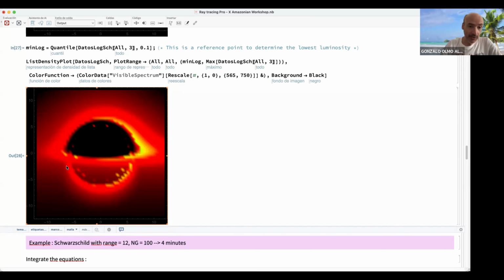Okay, and this lower part corresponds to the light rays that are emitted from the backside, the lower part of the accretion disk, downwards. Okay, then they are deflected and they come towards the detector. Okay, so this is the lensed image. This is lensed, this is lensed, and this is direct. Okay, and then here we can see some points that represent